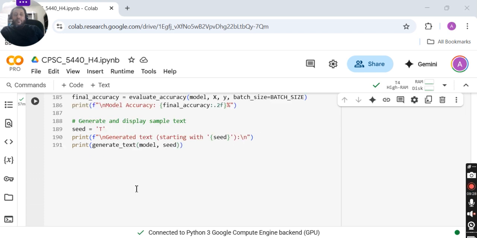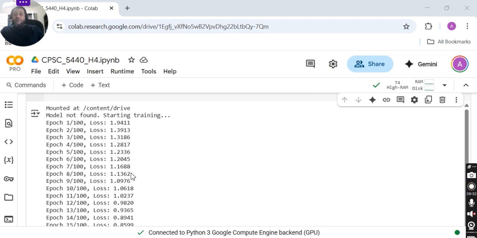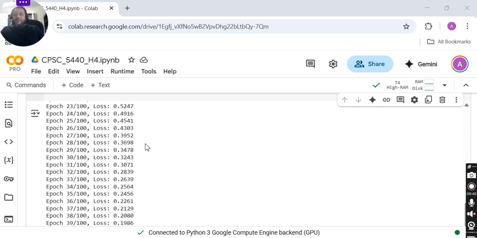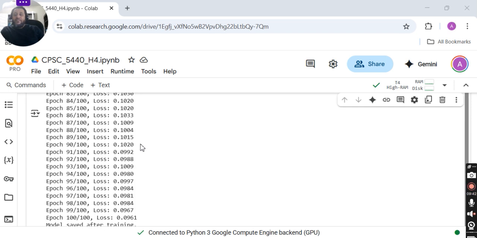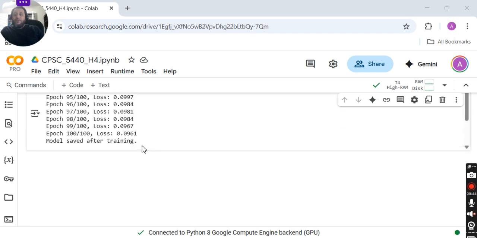That should be meaningful depending upon how long you have trained. I have trained it for 100 epochs. You see in the beginning it starts with 1.941, and it gradually decreases until the 100th epoch, where it is 0.0961. Although it's not 0.01, it is good enough that you can stop the training.